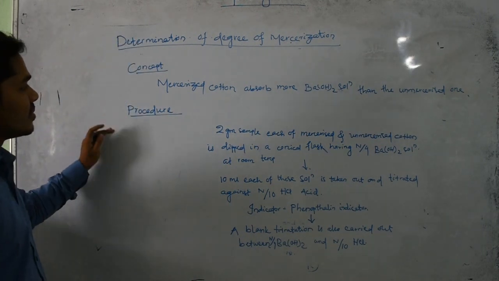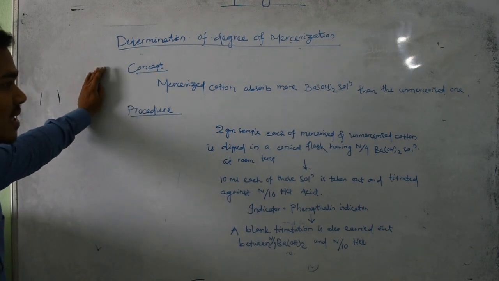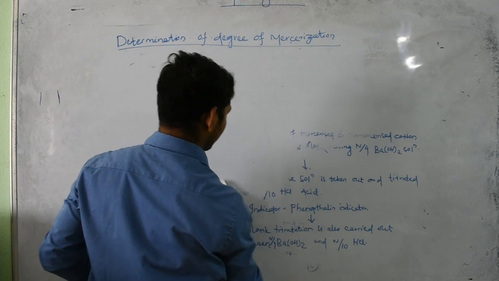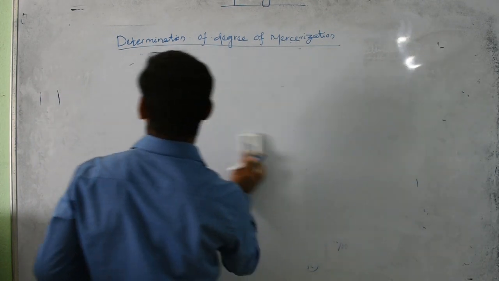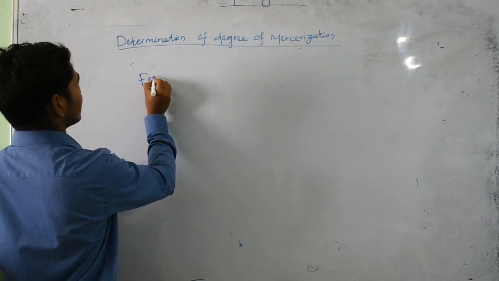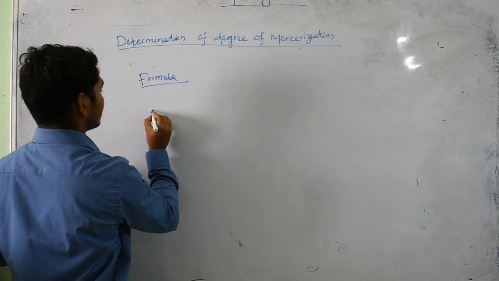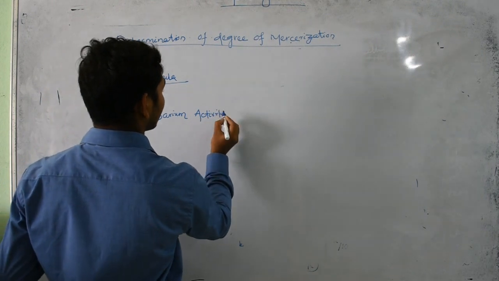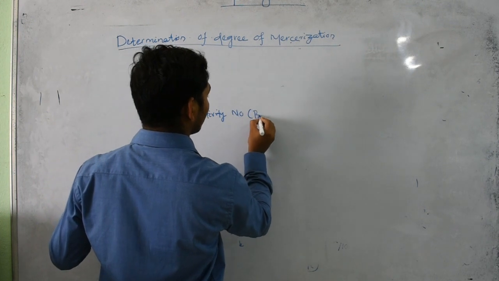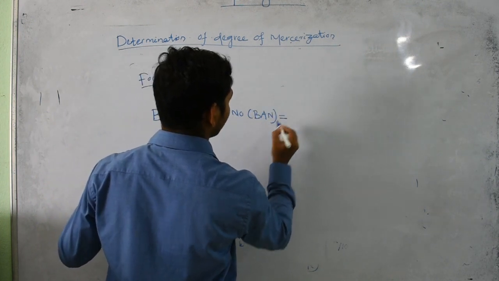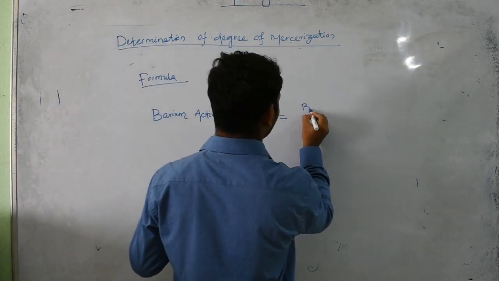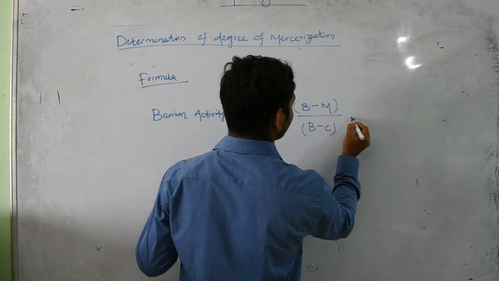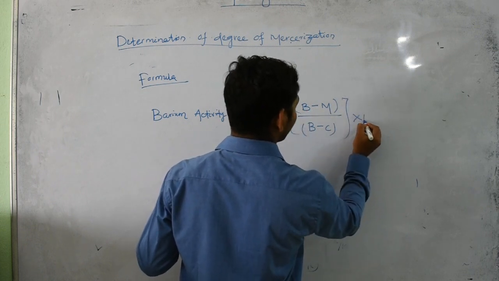Now to determine the degree of mercerization, there is one formula used, which is called the barium activity number, or in short, you can write it as BAN, which equals capital B minus capital M divided by capital B minus capital C, multiplied by 100,